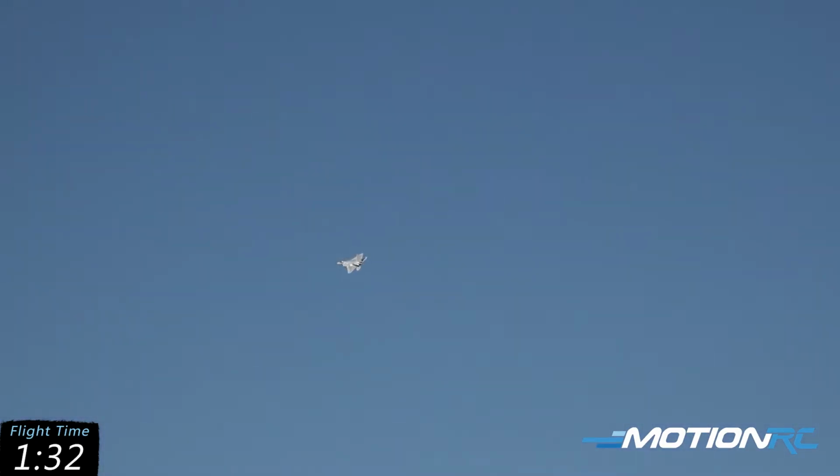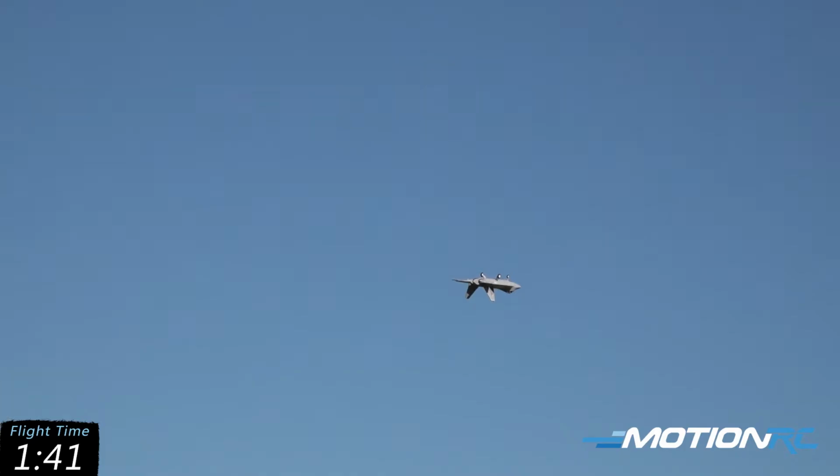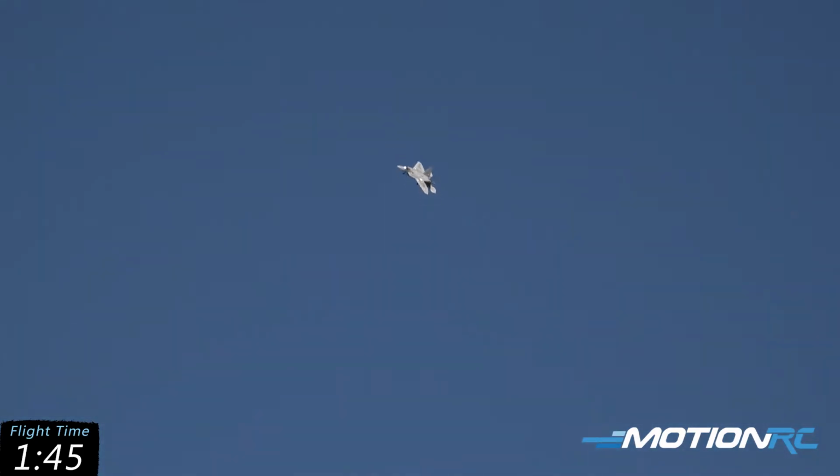And it flies good upside down as well as right side up. So let's go and flip it over here. And you can see that it flies very nice inverted. F-22s have a very special flight characteristic. Being that it's a lifting body airframe, you know, you can fly around fast, but let's bring it back into